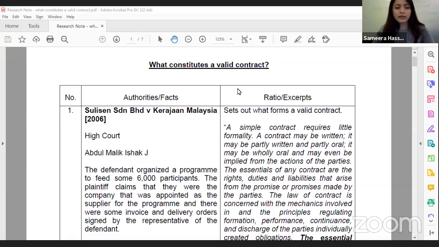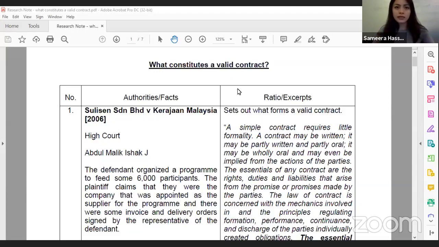And then suddenly when the car came out, it turns out to be a blue car. So in this sense, what B can do is B can say that I do not intend to be bound by the terms because I specifically said that I accept this offer if it's white, but it's not white, it's actually blue. So that's where the intention is important, because that's just one example of many scenarios of how intention can be